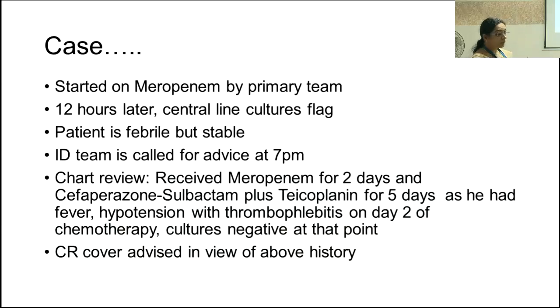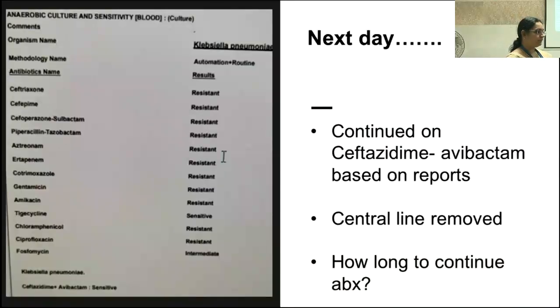Okay, so this is not known unless you go and dig into the charts. All your charts are huge. So we have to go through all those charts to find this data, and when we find this, then we know that you can't leave this patient on meropenem. You have to go and do some CR cover. So in our center, it's a mix of many things. So we might have to do a beta-lactam, newer beta-lactamase inhibitor with the polymyxin.